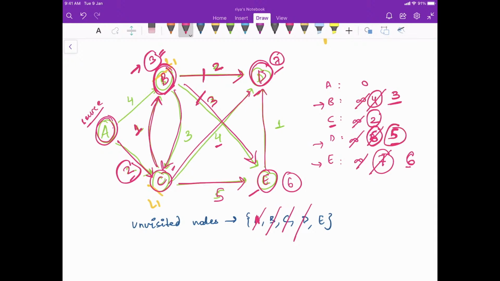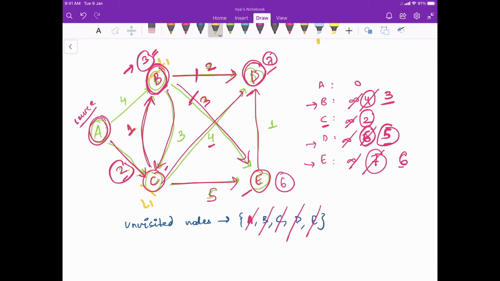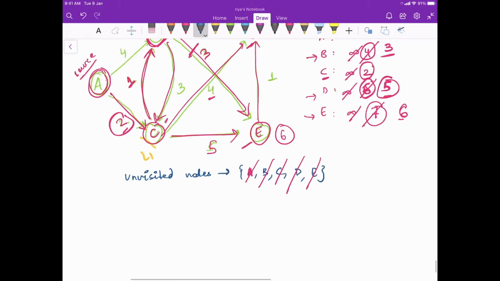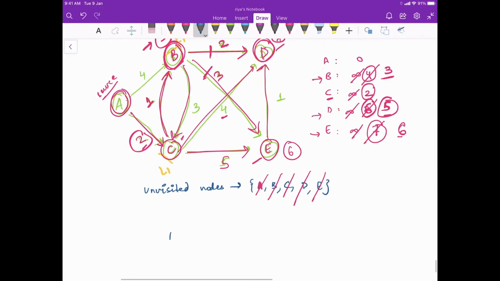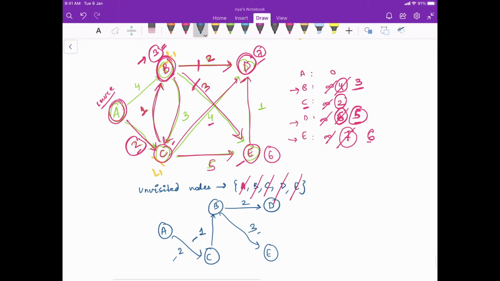So that means I can say if A is the node, right, if A is the node, तो शॉर्टेस्ट पाथ कुछ ऐसे होंगे, it will be A, शॉर्टेस्ट पाथ C तक का जाने का हो गया 2, फिर B तक का जाने का हो गया 3 which is this, फिर D तक का जाने का हो गया ये 2 जो हमने पिक किया था, और E तक का हो गया ये पाथ which is 2 + 1 + 3. Is this clear to all of you? Just give a thumbs up if this whole part makes sense